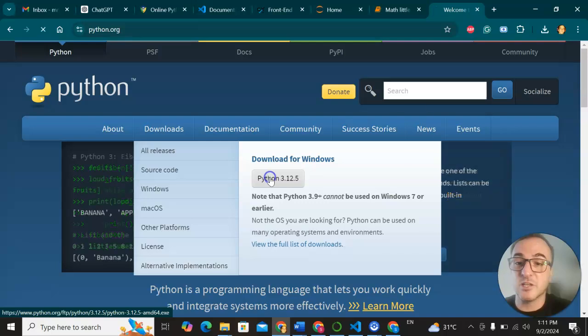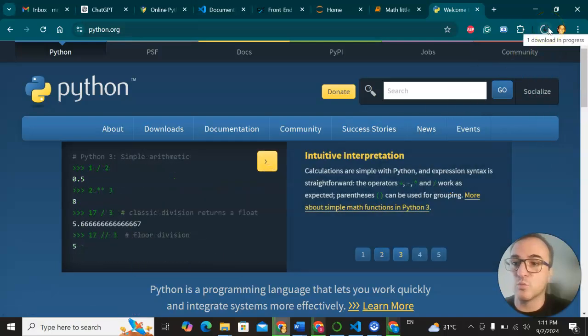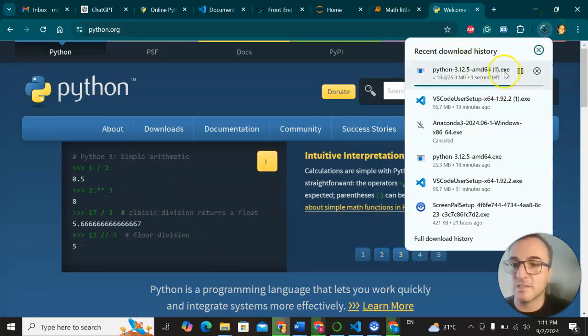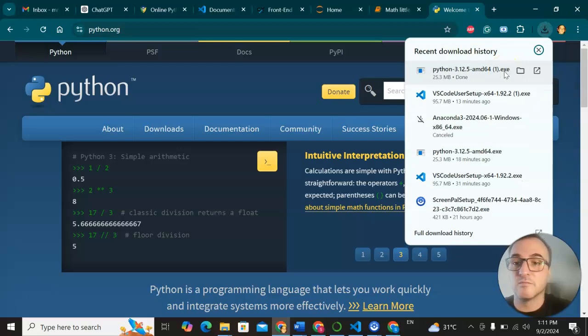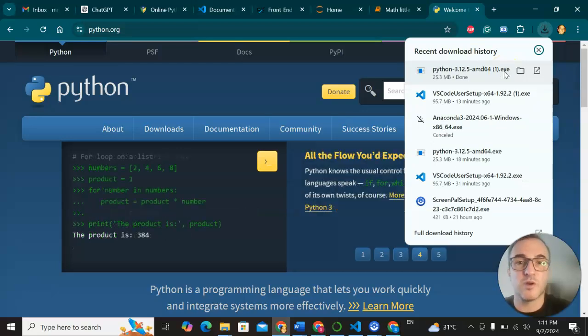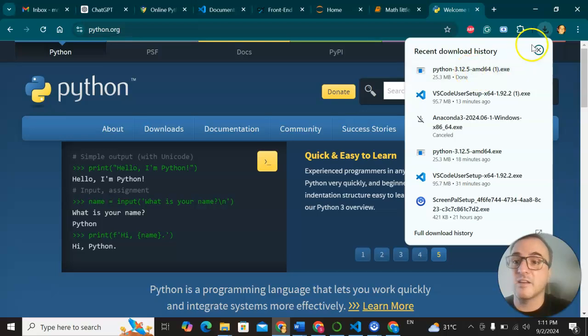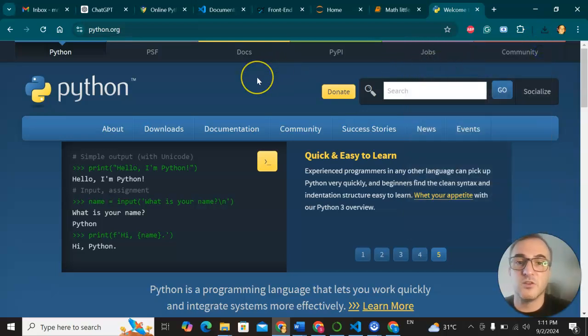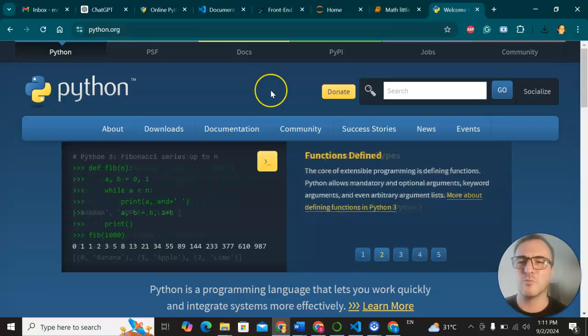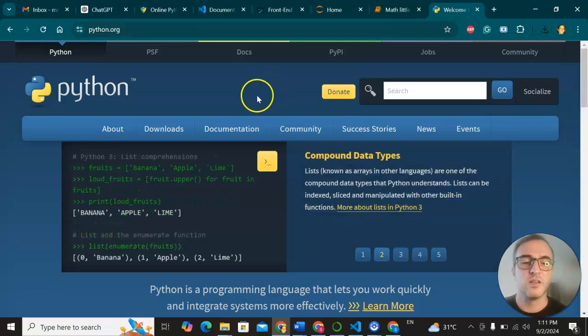You will get an executable file that will look like this. And then you can install it like any other program, okay? And then after installing Python, your computer is ready to use it. Your computer has it. Your computer can speak that language. Now,